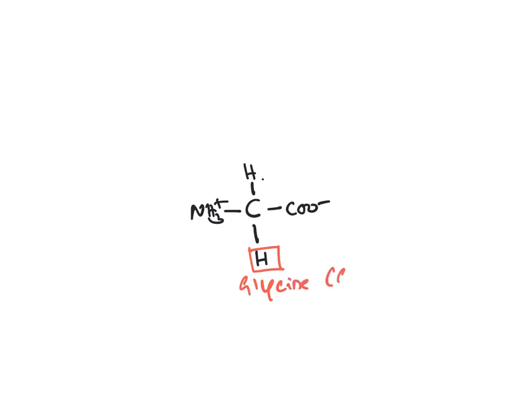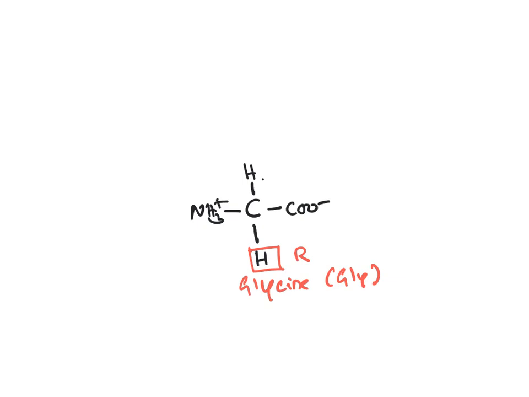It has the alpha carbon in the center. It has COO minus, the primary carboxyl group. It has NH3 plus. It has H, and the side chain of glycine is only H. The three-letter abbreviation of glycine is GLY. This is glycine. As you can note, the side chain, that is the R group of glycine, is simply